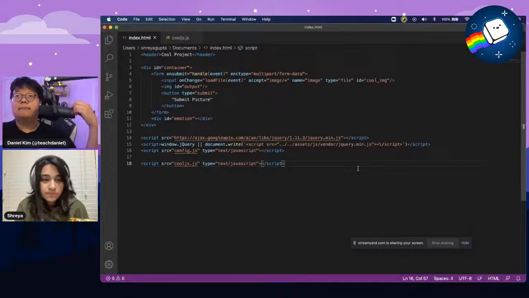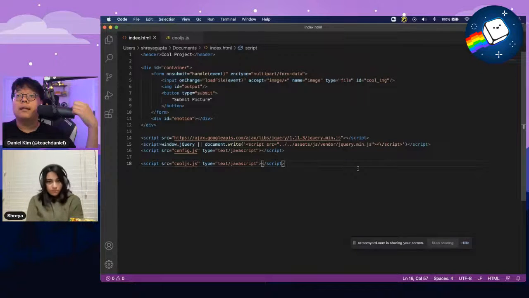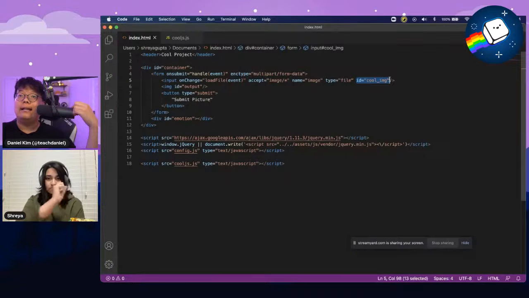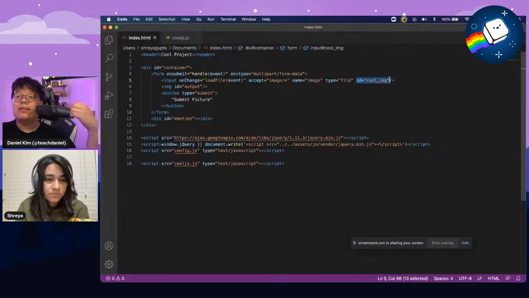Okay, that is correct. Output. Should I remove this ID? No, that has nothing to do with that. IDs that are not used don't matter. Width is equal to 50% because maybe it's just like